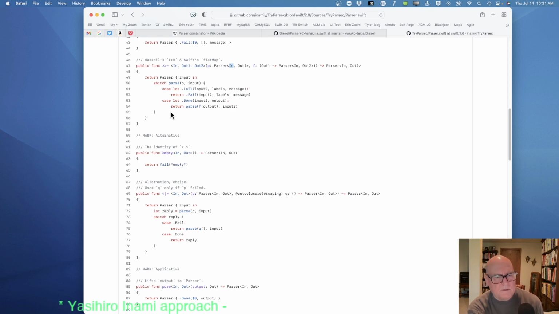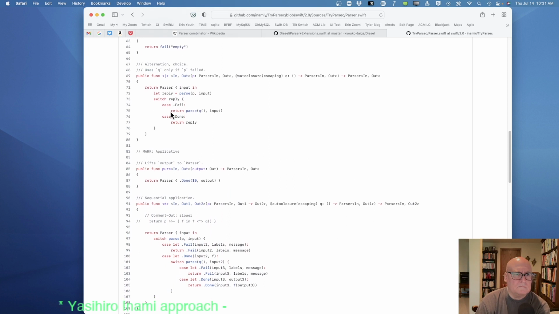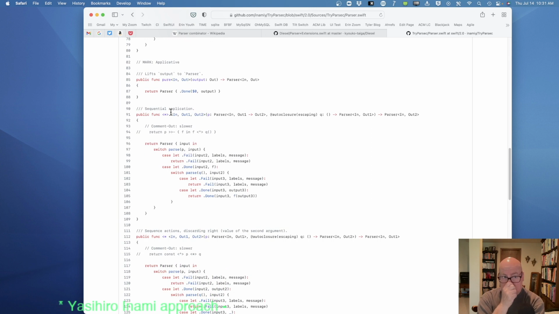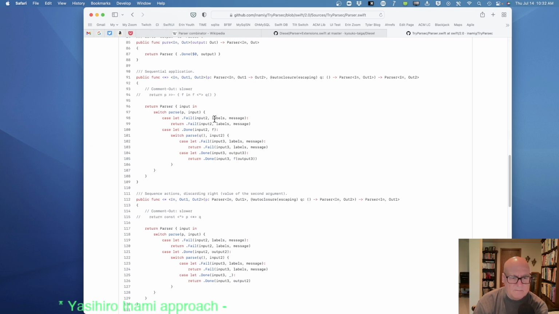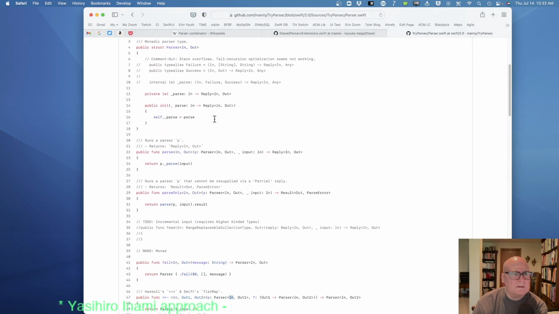Apply the function of the output to the input of the rest. Maybe we should just do a code read on this.